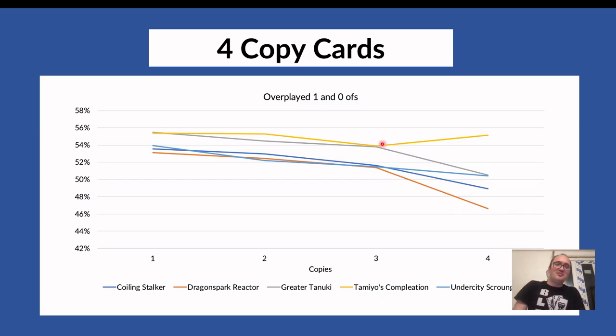So I think that Tamiyo's Completion is fine to play as multiple copies. It just happens by chance to have a slightly higher win rate at one copy, but it's relatively flat across the whole spectrum. Then there are cards that are sort of one-offs, and that's Greater Tanuki. The card is good as a one-off, but it drops off rapidly when people try to play more of them. So you probably don't want to play